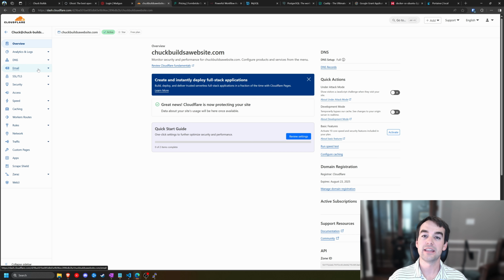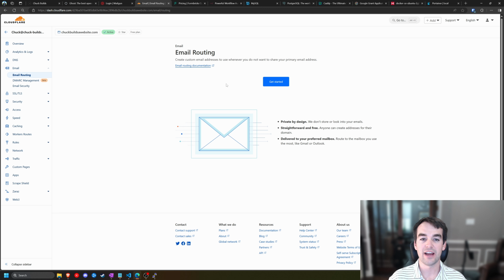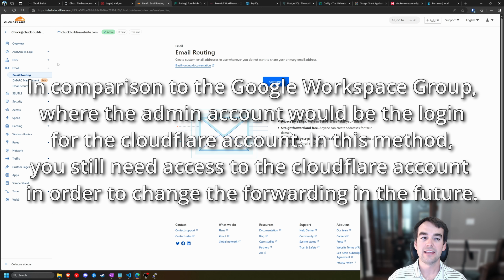It will almost function as another email account, but it really just sends it to an email that you already have. The benefit to this is if I were to leave the organization tomorrow, I could set somebody else as the email routing and they should still have access to all of these things. The downside to this is they'll still have to have access to this Cloudflare domain. You can transfer it between accounts and it's not that bad,